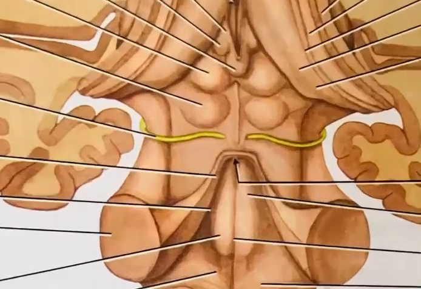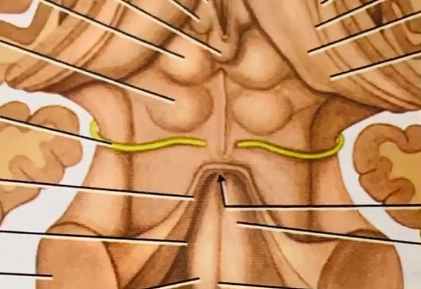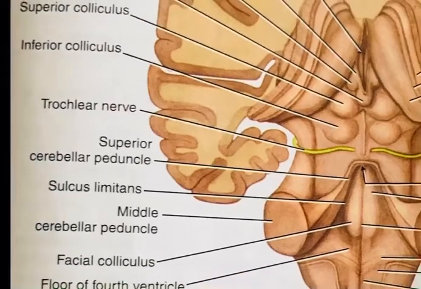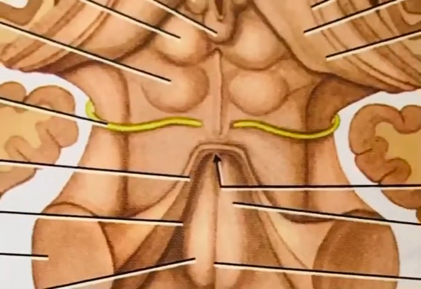Above that you have the superior medullary velum, which forms the roof of the fourth ventricle. The inferior medullary velum is also there, but it is non-fibrous. You will not have white matter over that, so you cannot see that. Only the superior medullary velum is fibrous, so you can see it thick, and you have one important nerve lying over that, that is your trochlear nerve. This is one MCQ. And what is the function of the superior colliculus and inferior colliculus, that is another MCQ.